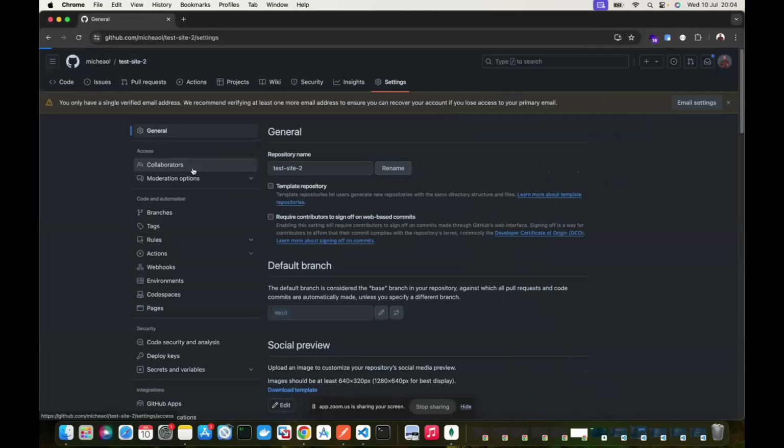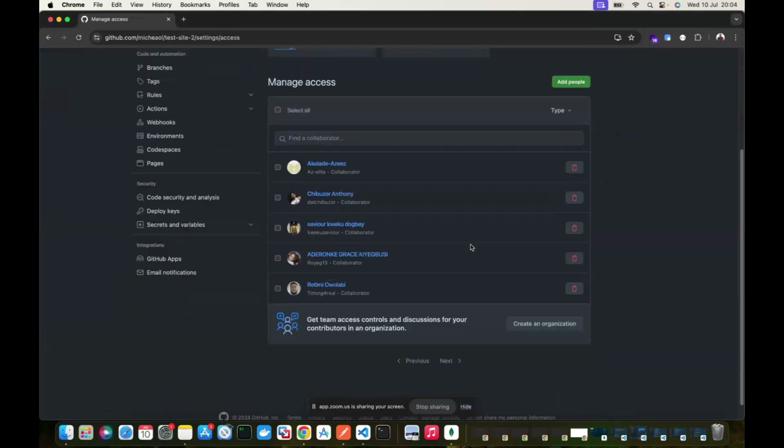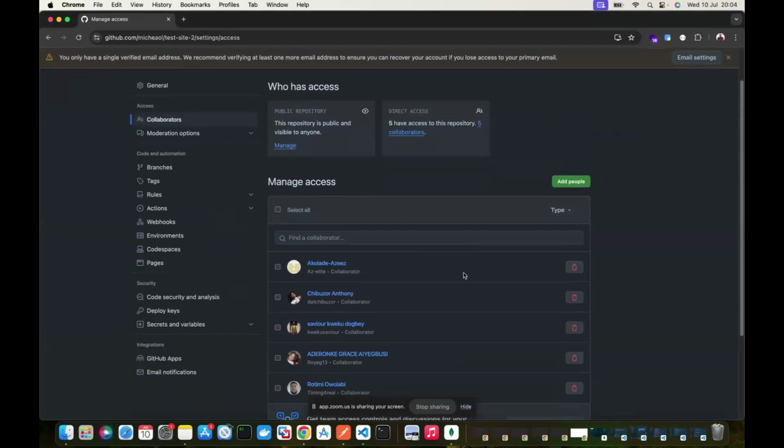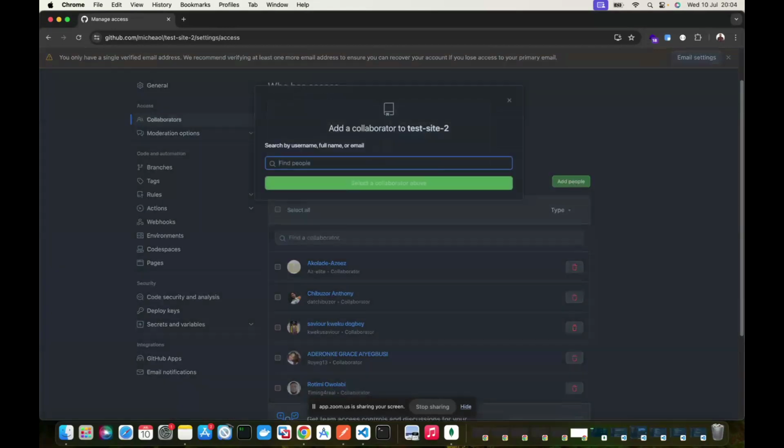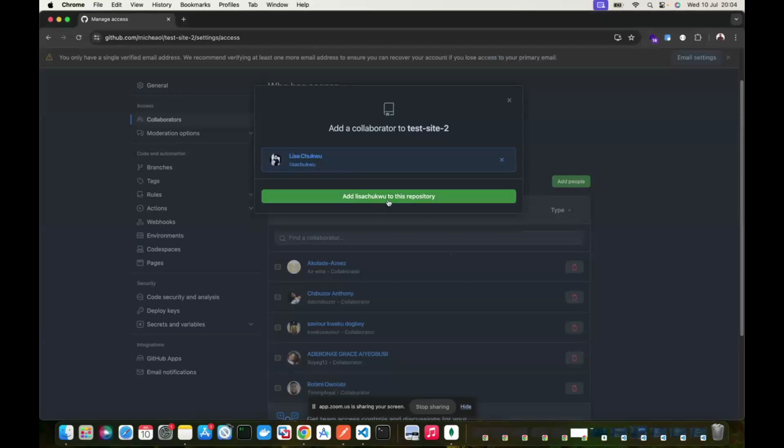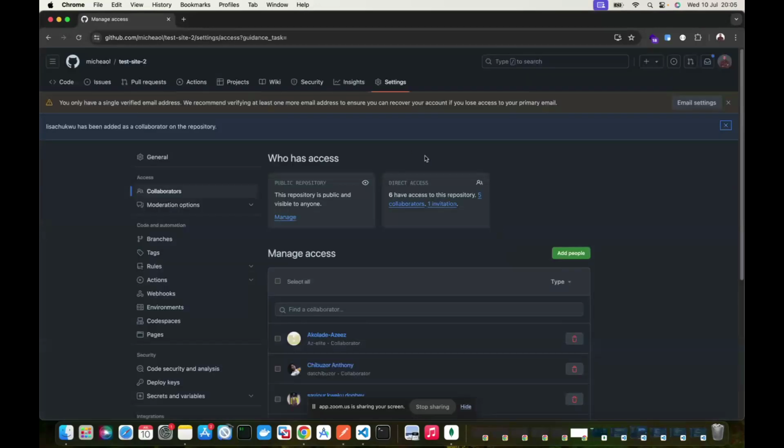So click on collaborators. Once you click on collaborators, it will show you how many people are on the project. If nobody, you can see add people. So I'm going to add your name now. Once that is done, you should get a message inviting you to collaborate on this very project. So now your name is added. You are part of this project. Accept the invite, then share your screen so we can go step by step through what we just did.